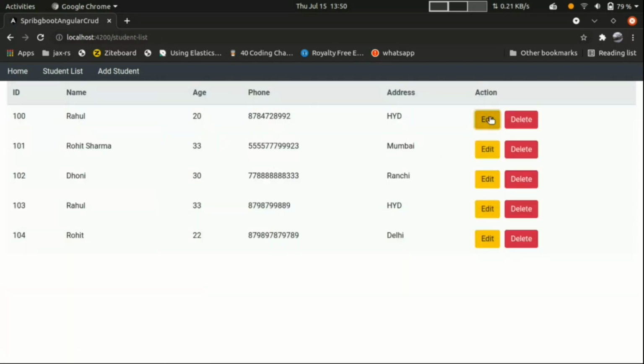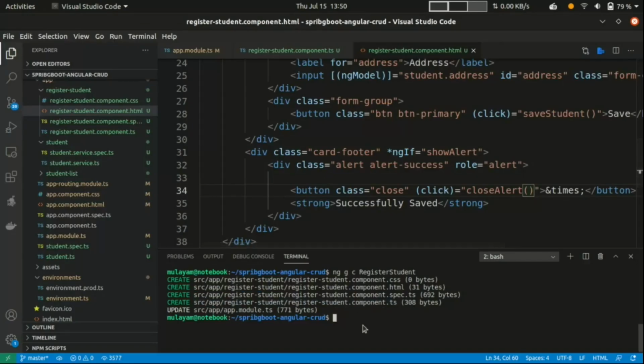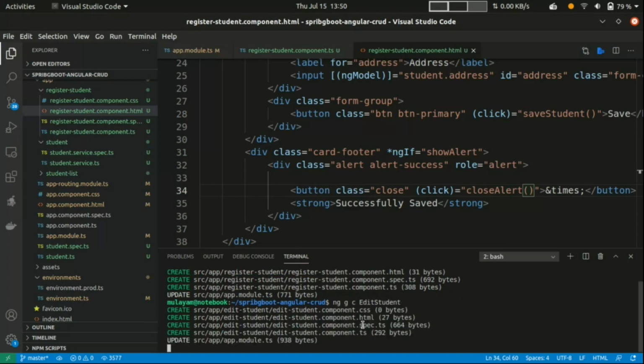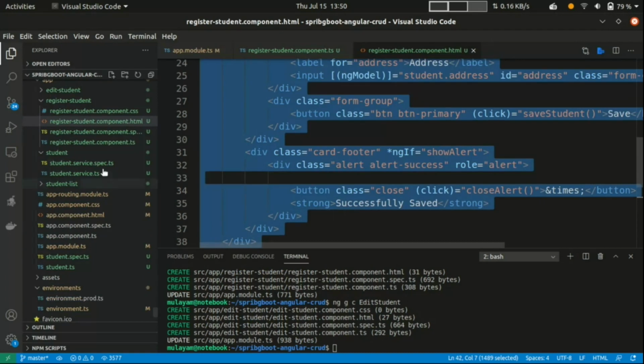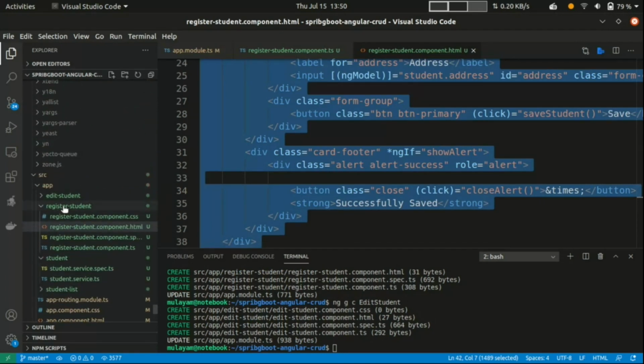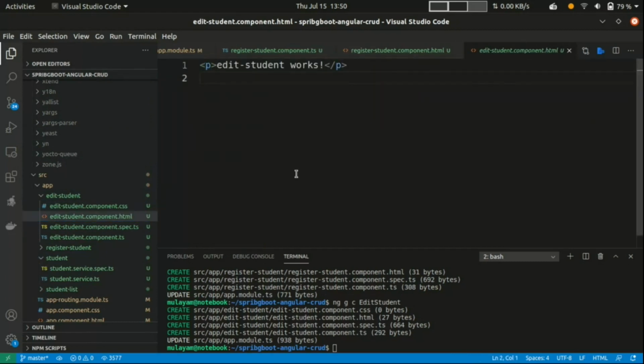Now the next thing is, when we click on this edit button, I want to open a new page and show the existing data, and we can edit and save. So just create one new module again, ng generate module edit-student. In edit student we need the same thing, just copy here and go to the edit page here.